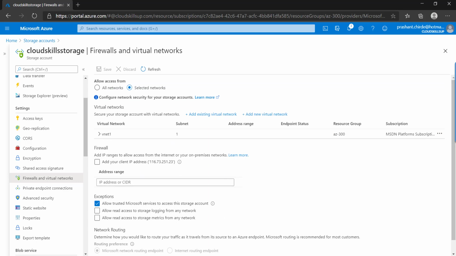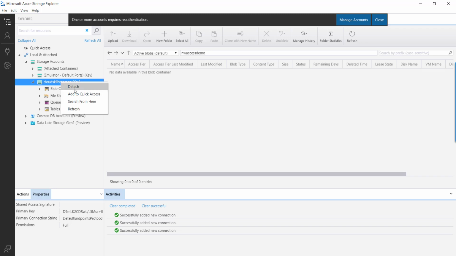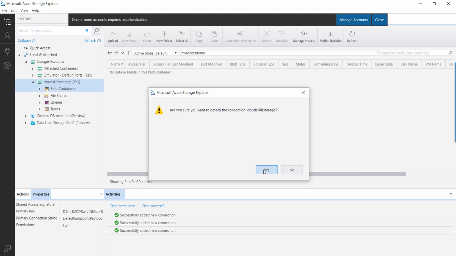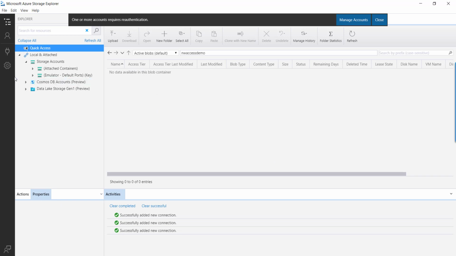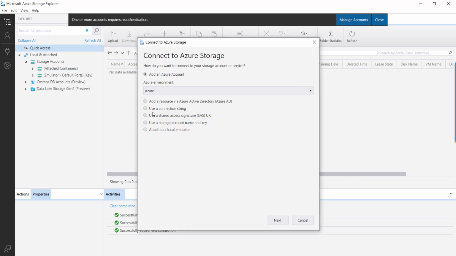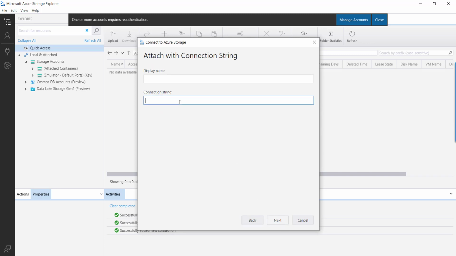Then let's switch to the Storage Explorer. Let me detach the storage that we had already attached. Now you have the storage access key, so let's try to use the same key. Even with the access key, let's see whether you are able to access the storage account.